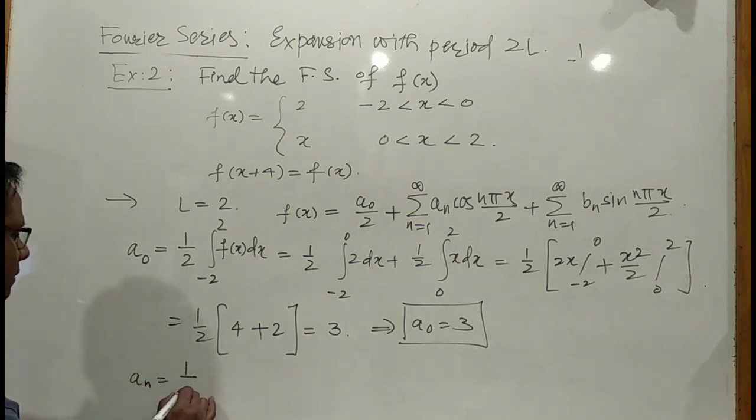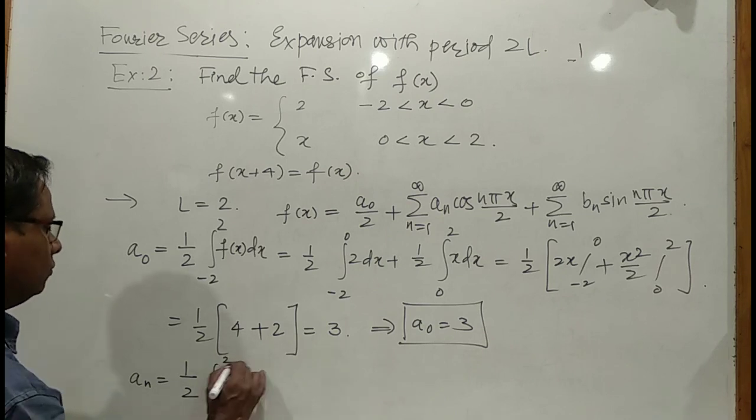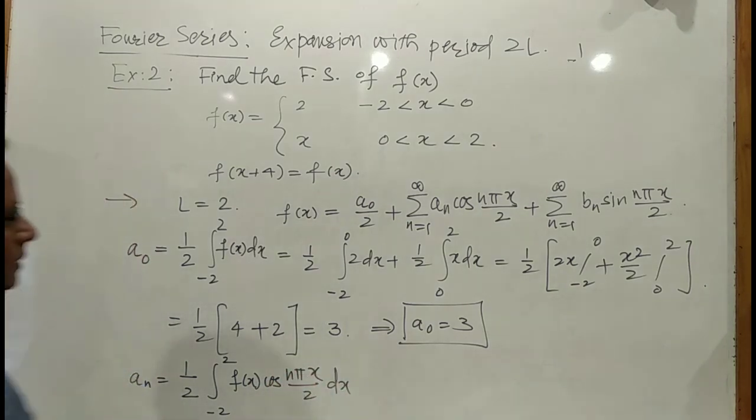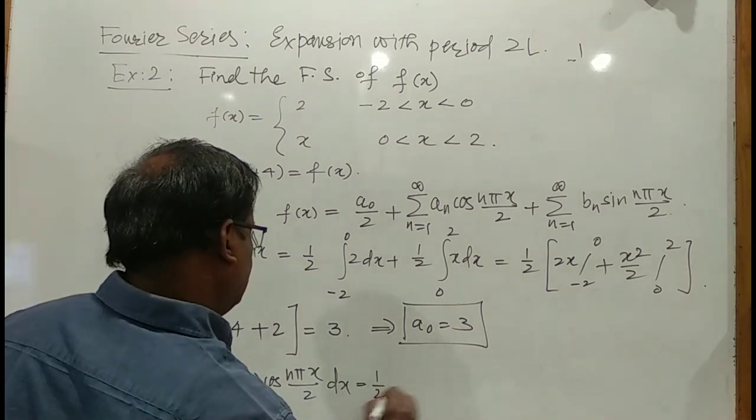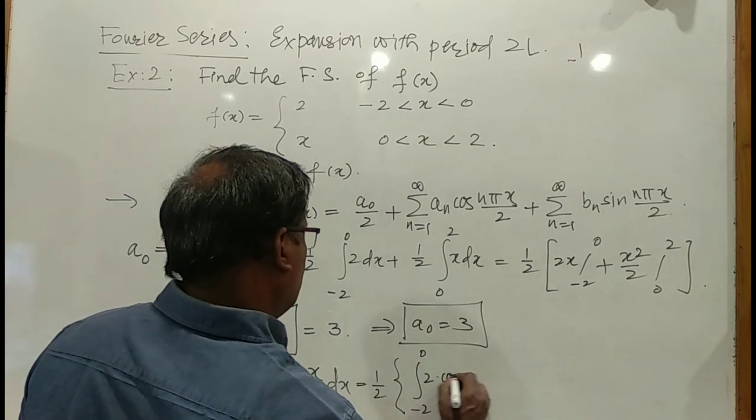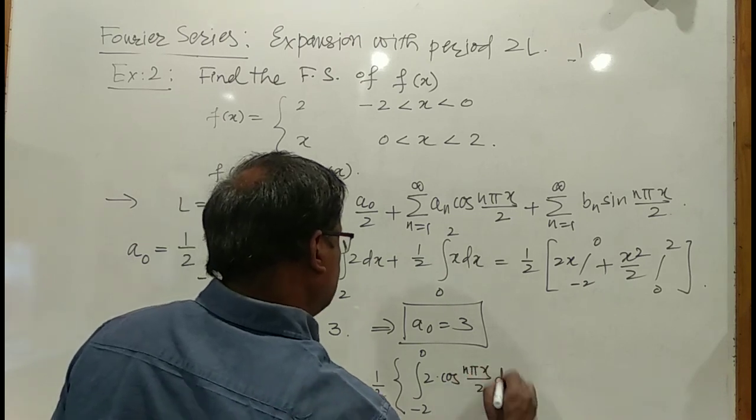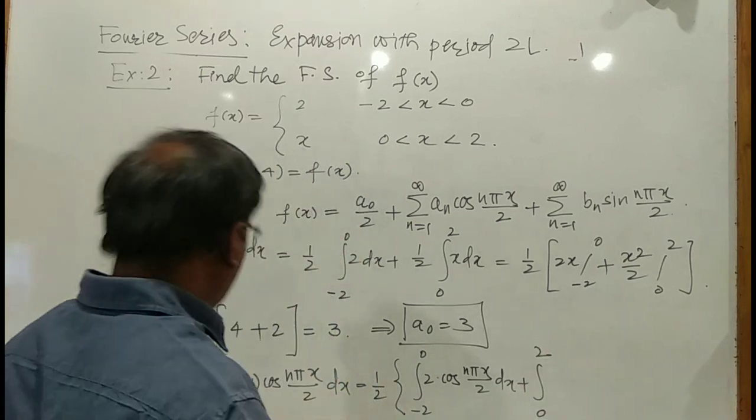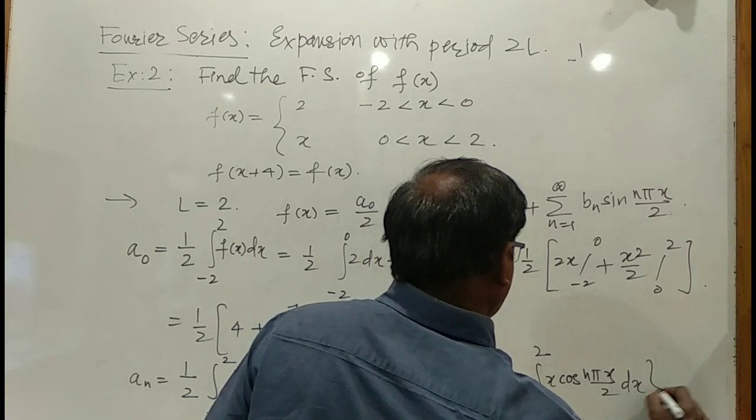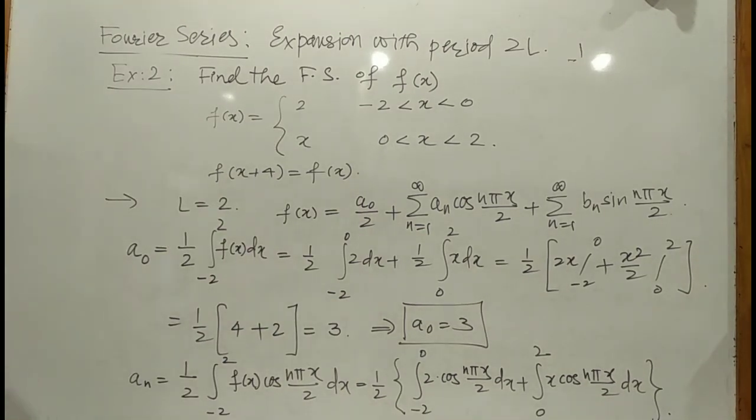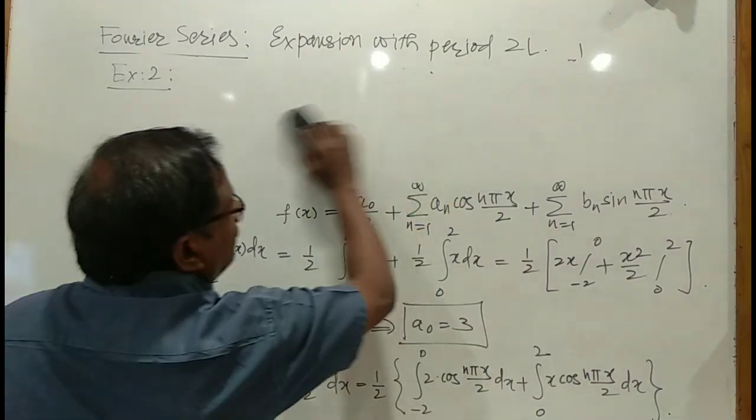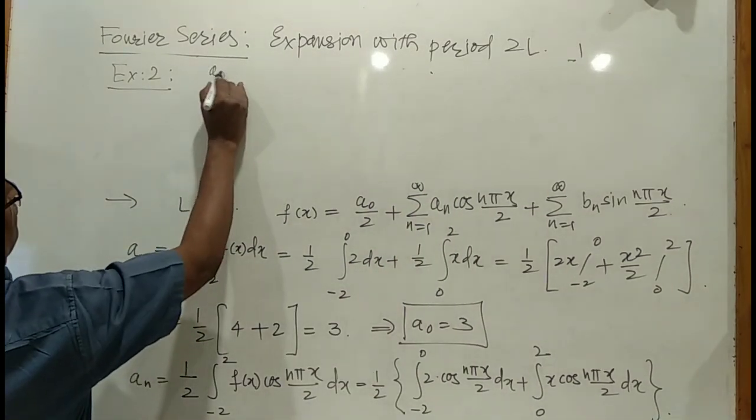is given by 1 upon L, means 1 by 2, integral minus 2 to plus 2 f of x cos of n pi x upon 2 into dx, which is equal to half, I can take common, integral minus 2 to 0, in this case f of x is 2, into cos of n pi x upon 2 into dx, plus integral 0 to 2, here f of x is x, so x into cos of n pi x upon 2 into dx. Solving this integral and simplifying, we get